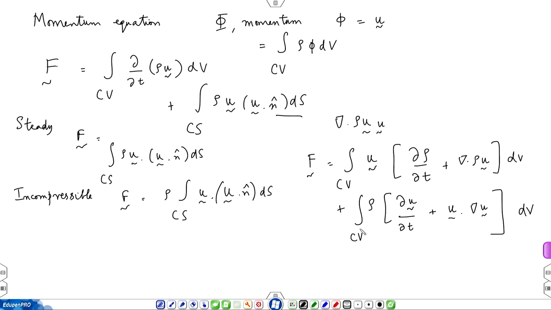How much is it, in one voice? 0. Somebody said 0. Why 0? Because of conservation of mass, right? That was the conservation of mass equation. So, the first term is 0. So, you are left with the second. Okay. So, the momentum equation is also expressed as